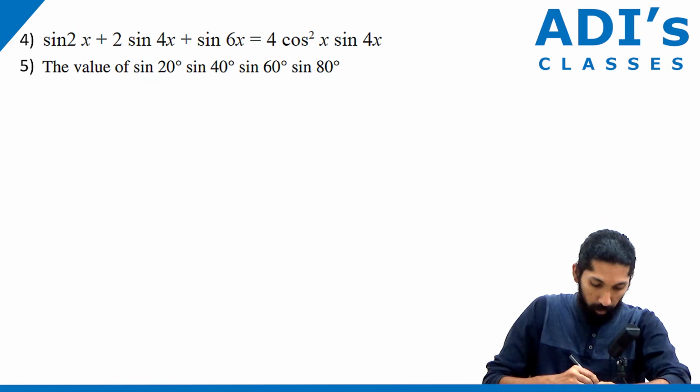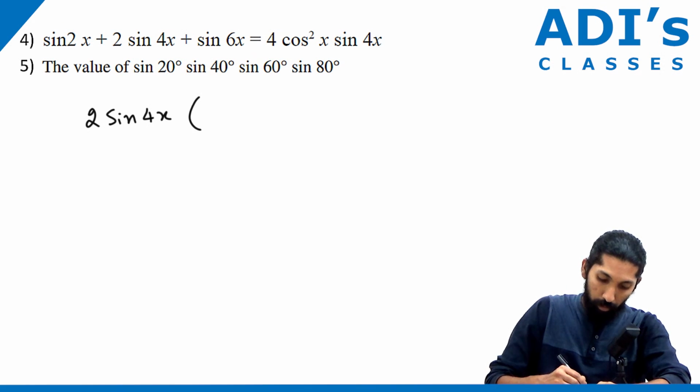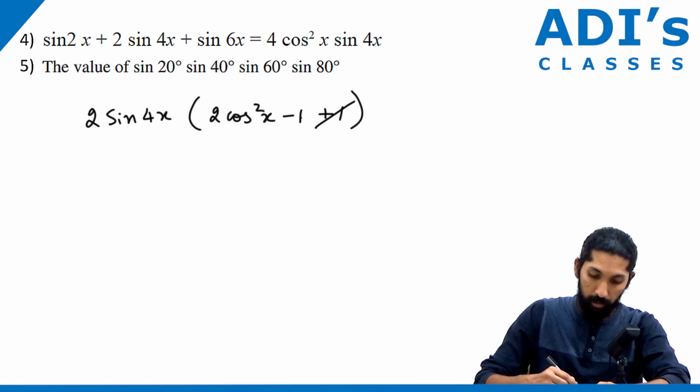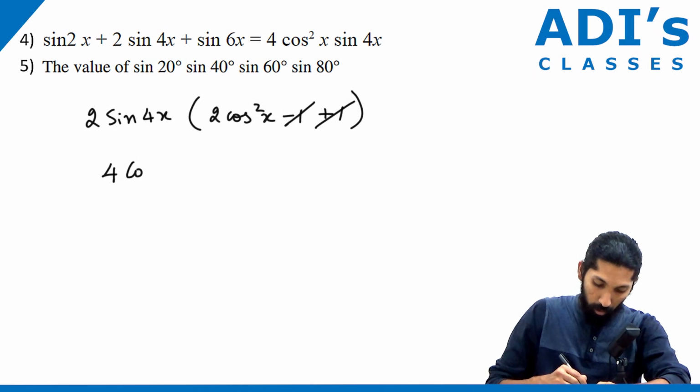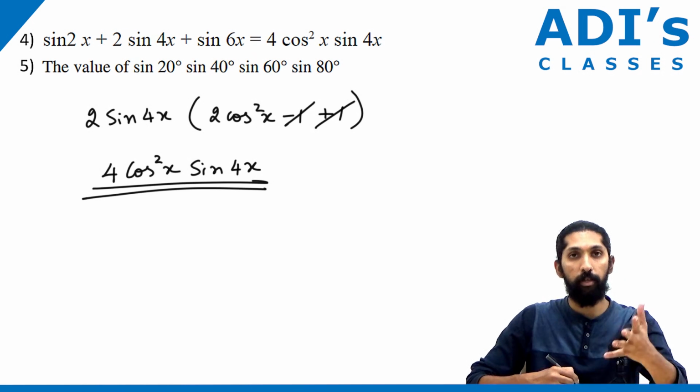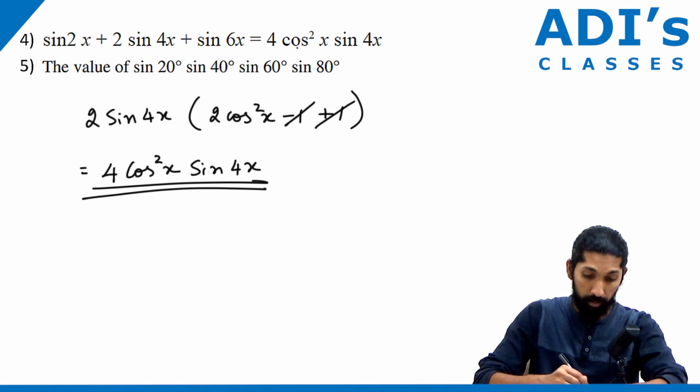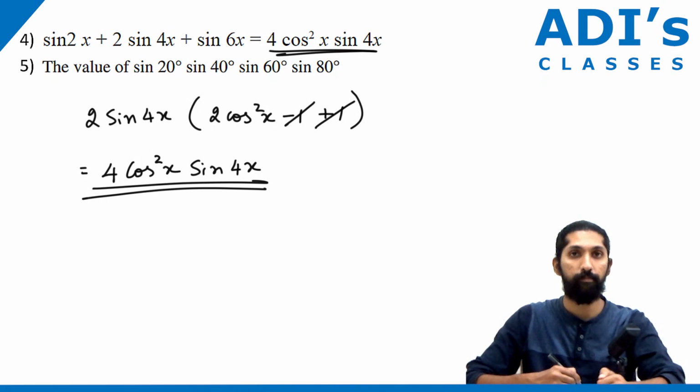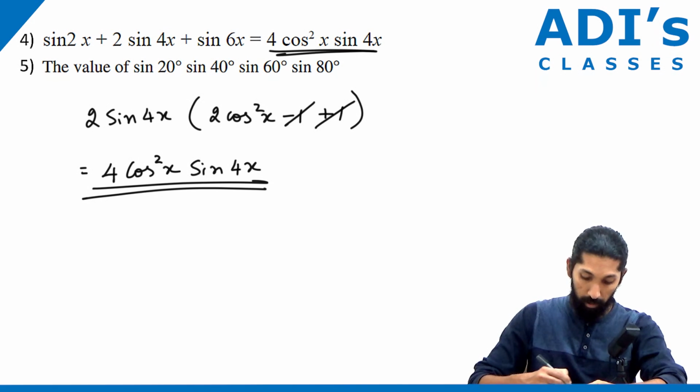So we have 2 sine 4x into 2 cos square x minus 1 plus 1. The minus 1 and plus 1 gets cancelled. 2 cos square x into 2 becomes 4 cos square x into sine 4x. So this becomes the final answer, which we are trying to prove here. It's the same thing. Fair enough? Now let's do the